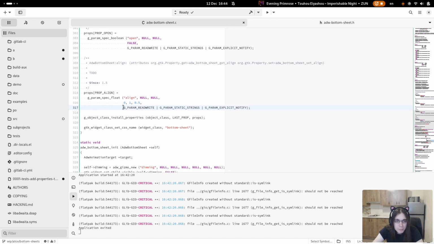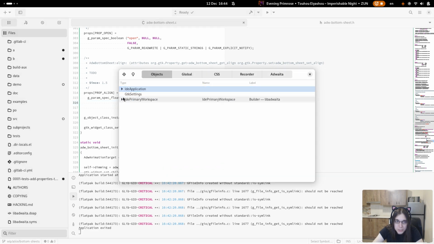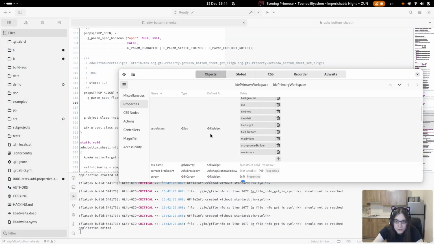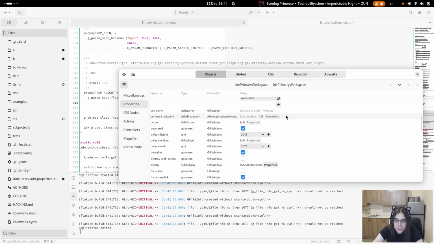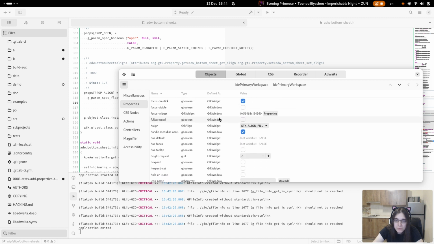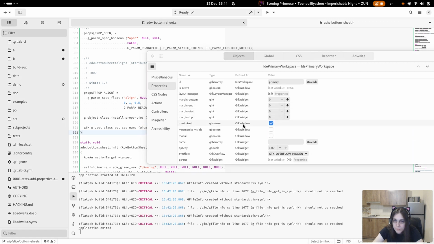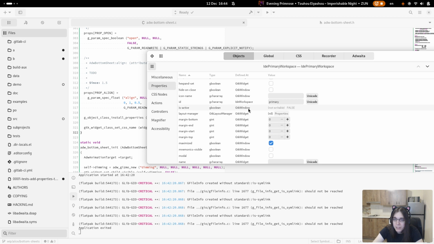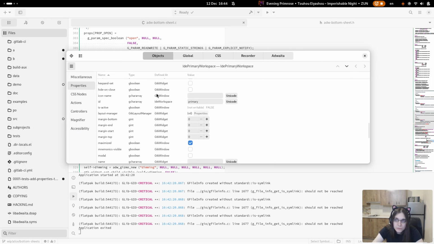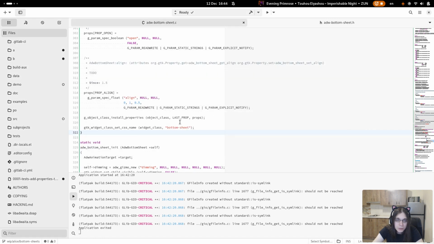And I didn't explain this, but these parameters I just keep everywhere. Read write is obvious. This is a property that can be both read and written to, because there are some properties that can be. Like, for example, this one, current breakpoint, or has default, has focus. It's updated by toolkit, so it can be written to.